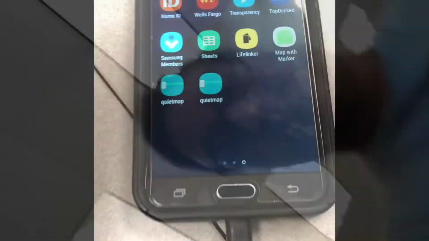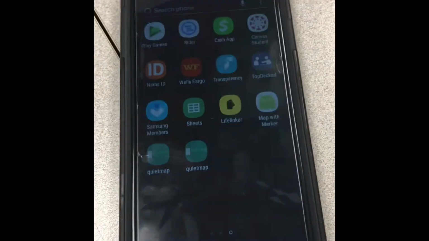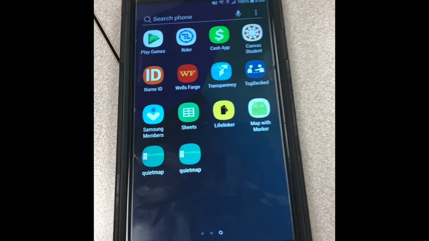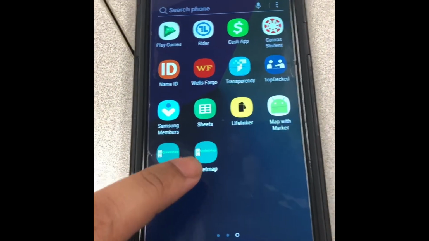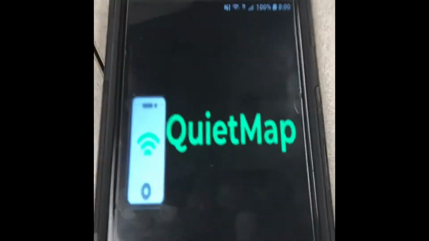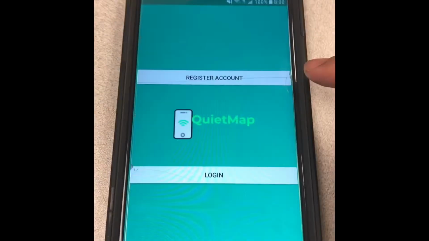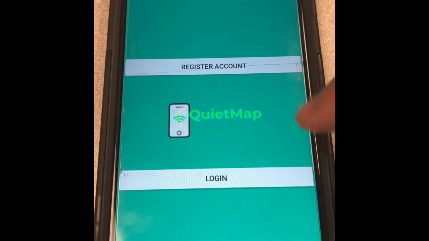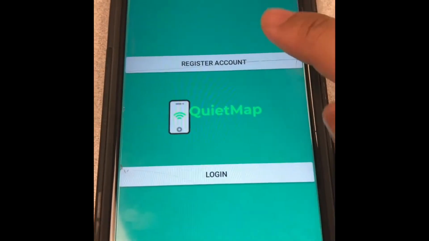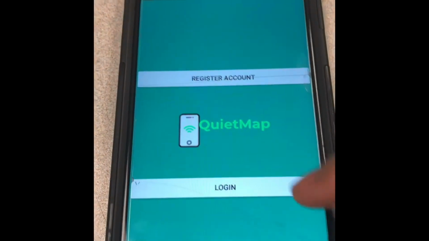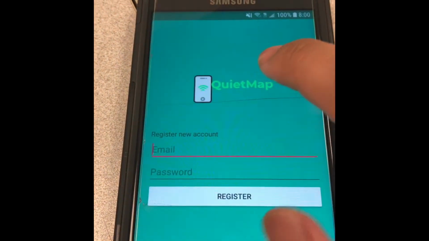So right here I have a Samsung J7 Android, and we have our Android application called Quiet Map stored on this phone. If I click on the application, you can see our logo pops up as soon as you open it. Now there are two options of what a user can do. They can either register an account, or they can just log in with the information that they already have from previously. So right now we're going to register an account,